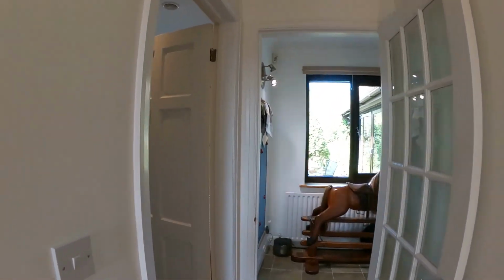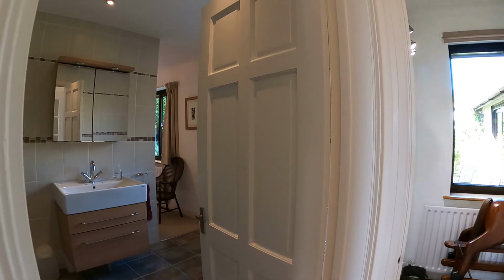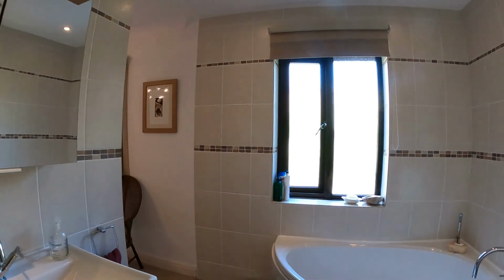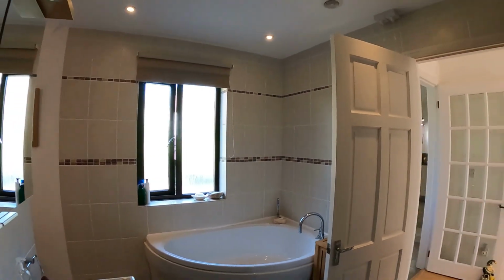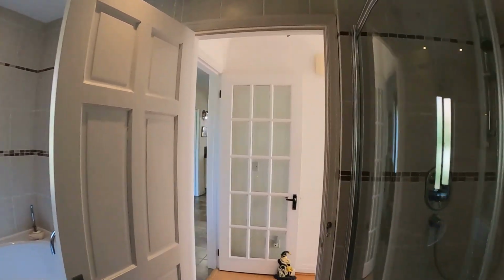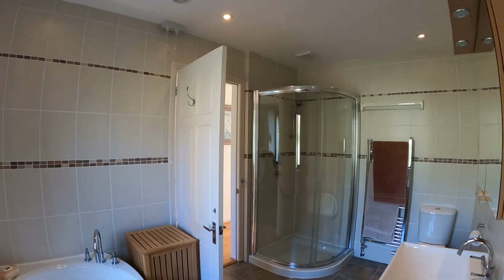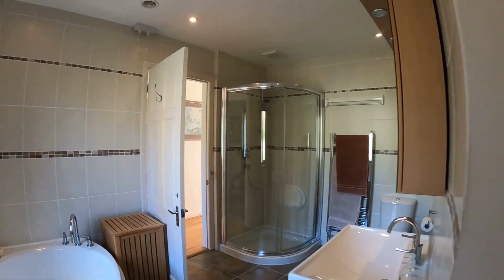We're going to go through and take a look at the last of the bedroom spaces, but first of all we're just going to go through and take a look at the ensuite that services it. So coming through into the bath and shower ensuite room here, you can see lovely corner bath unit there with of course the corner shower unit on the opposite side of it,